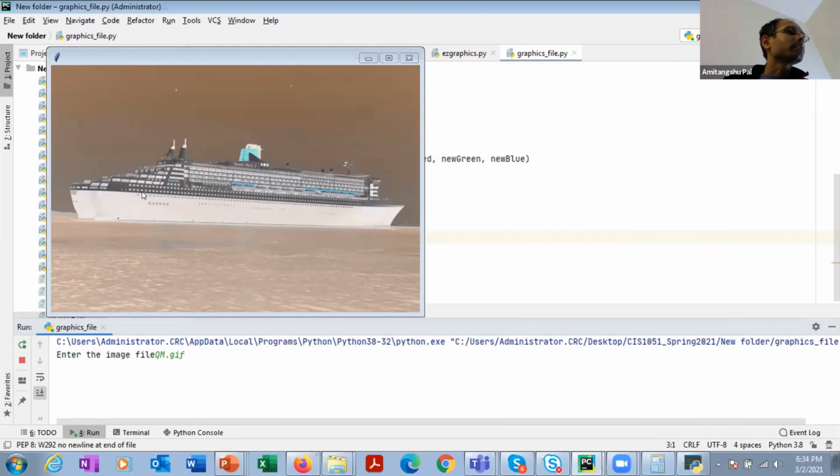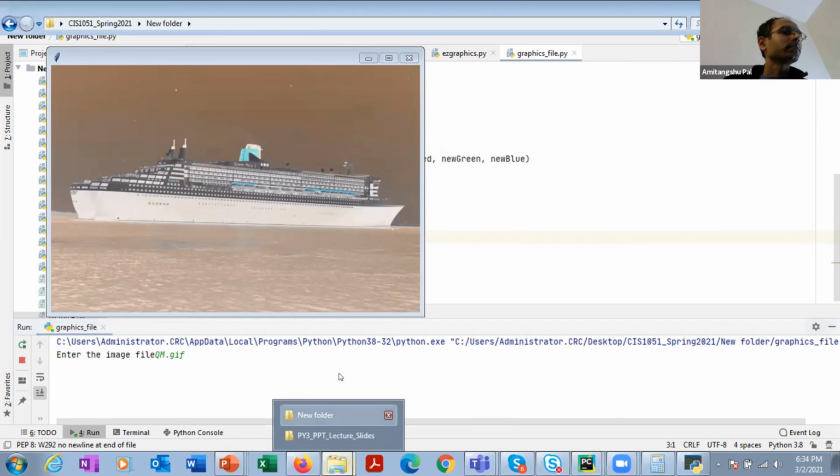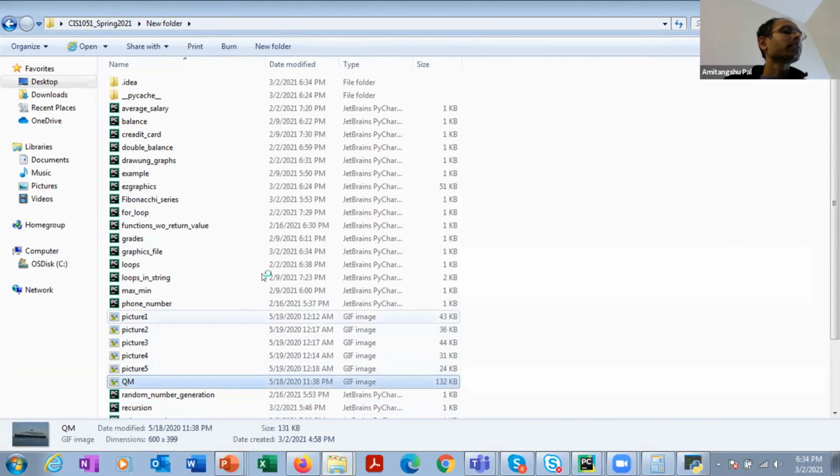As you can see, here it is showing as white. In the original picture it was black.